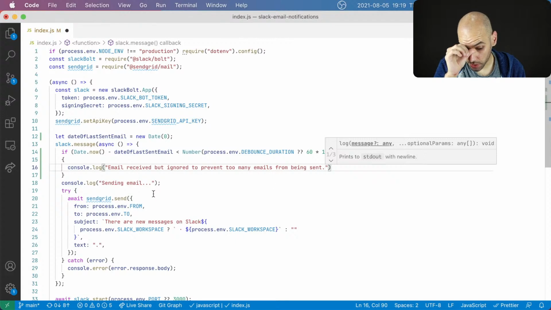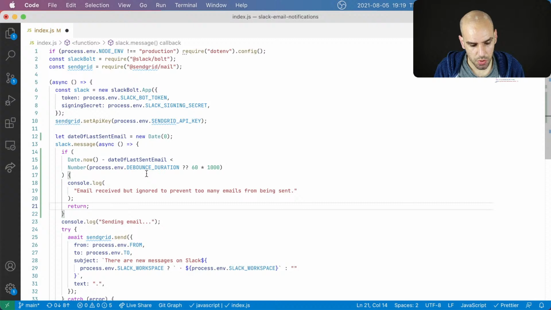And then just a dot, because this is not an ongoing thing. And then a return, which stops the execution of this function.